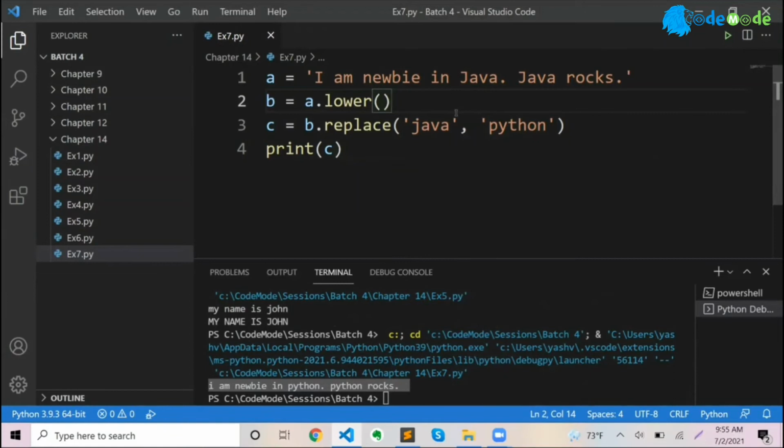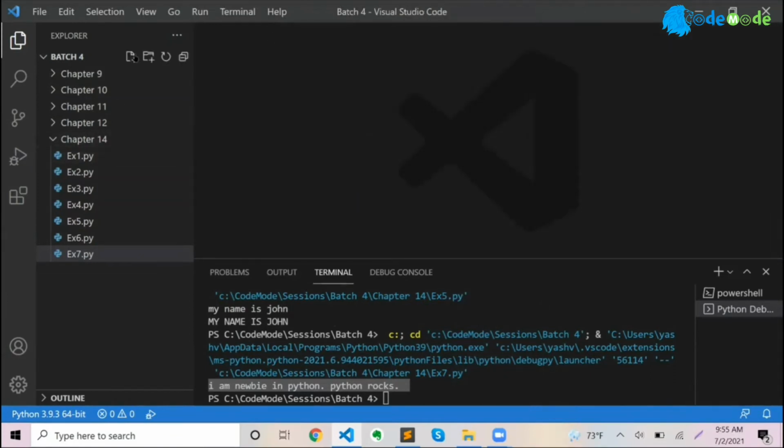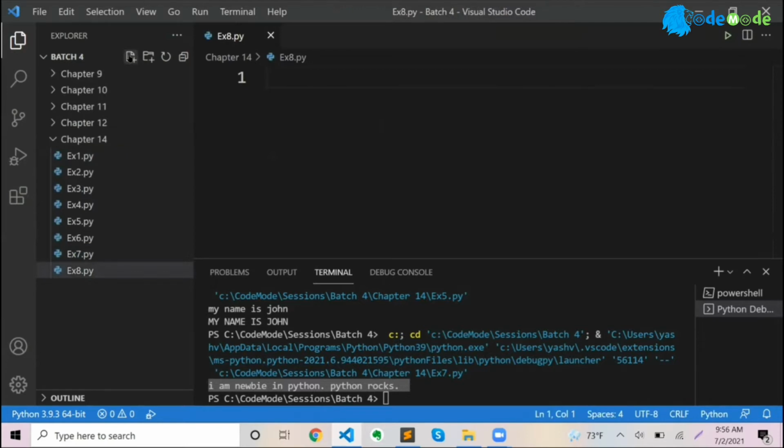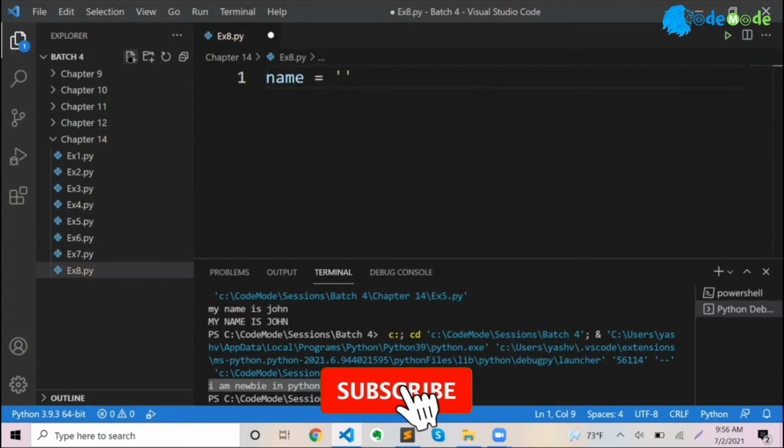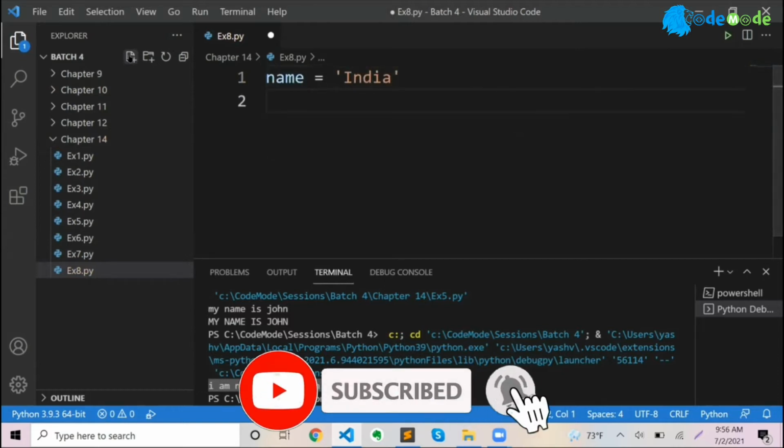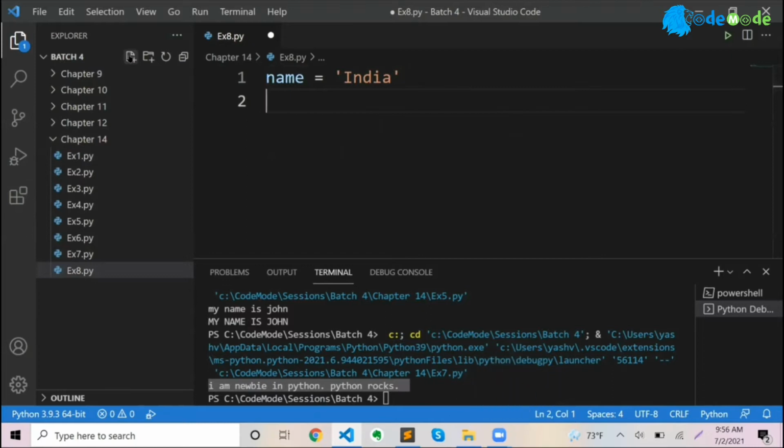If I want to find the position of a character in Python, and this is really important and you will use it a lot. Suppose I say name equal to India, and I want to find the position of a letter in this one.